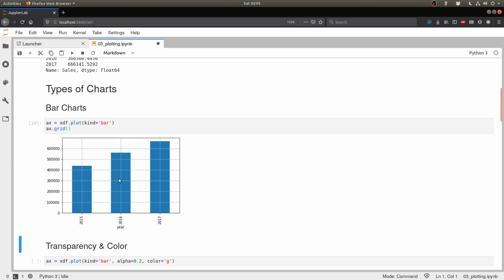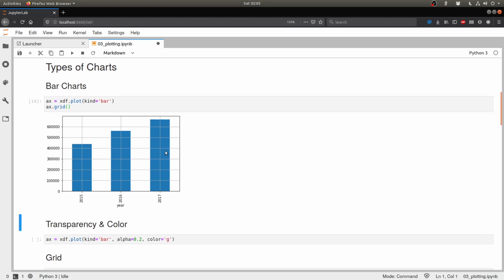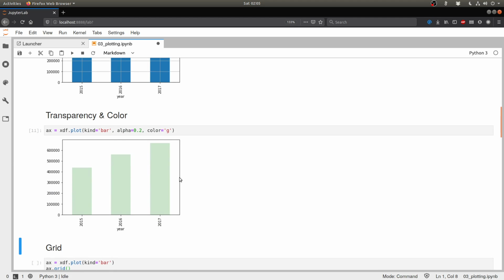The other aspect of this chart is that you can see it's built up of three rectangles, and they can have their own colors and transparencies. So let's say that I want to do a plot, but this time with a green color instead of the default blue, and I want to make it transparent. So I can do something like this. Now you see that I'm seeing things in green, but my transparency is 20%.